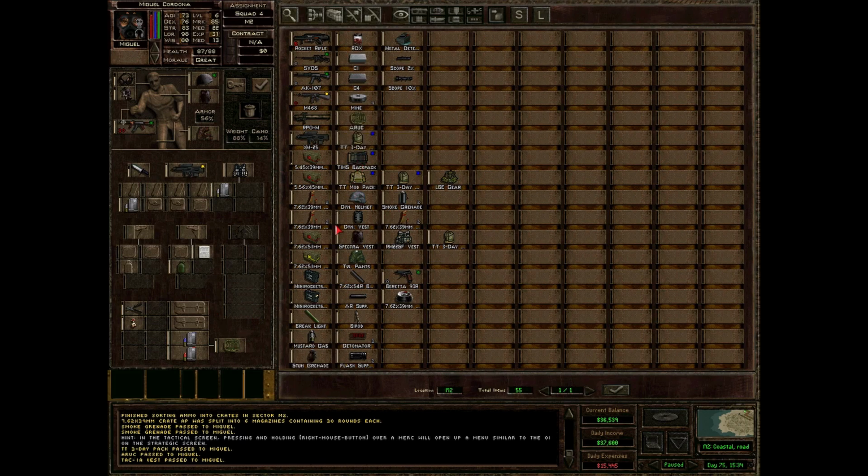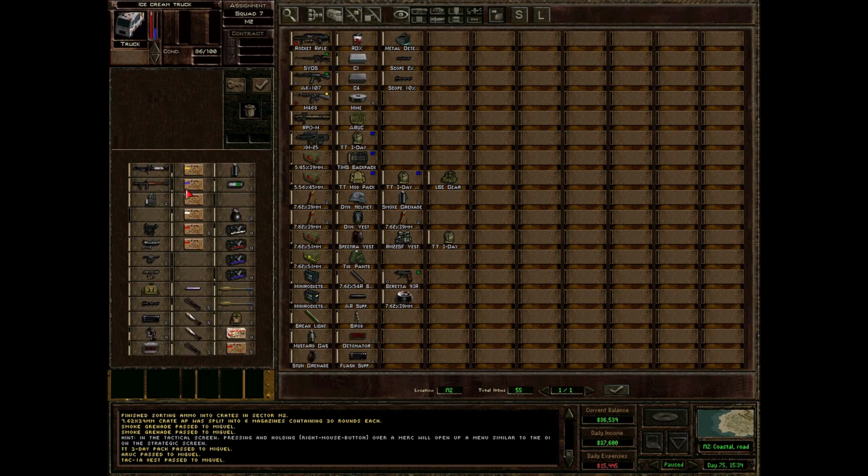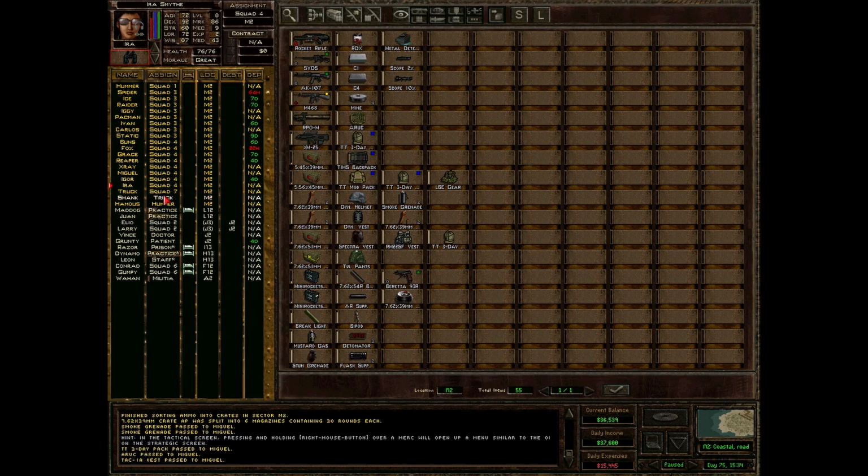So let's get to the truck once again. Let's organize based on this. And we have a lot of different ammo here. Yep, I think the ammo is going to be our primary concern this turn before we head out into Meduna proper. Or not really exactly Meduna, but